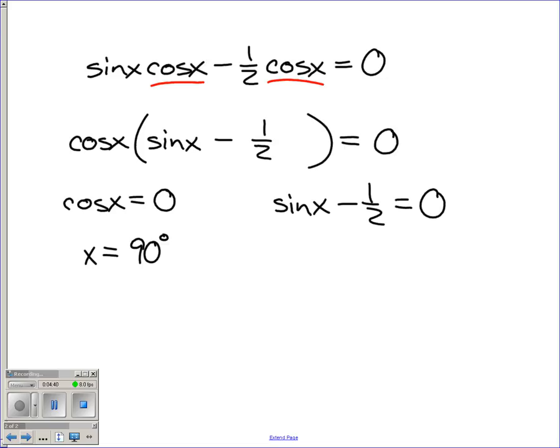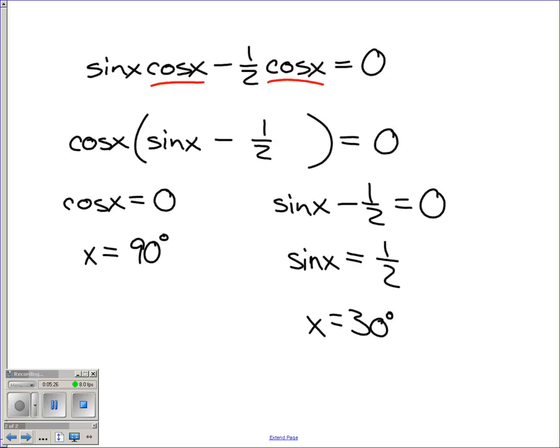Well, for the second factor, sine of x minus 1/2, let's take the 1/2 and move it to the other side. And so we have sine of x is equal to positive 1/2. Now for sine, its principal values occur in the first and fourth quadrants. So we're 90 degrees forward and 90 degrees back from 0. Well, it's positive, so number one, we're going to be in the first quadrant. But where is sine of some angle equal to 1/2? This goes back to our special values. It's either 30, 45, or 60. And in this case, x is equal to